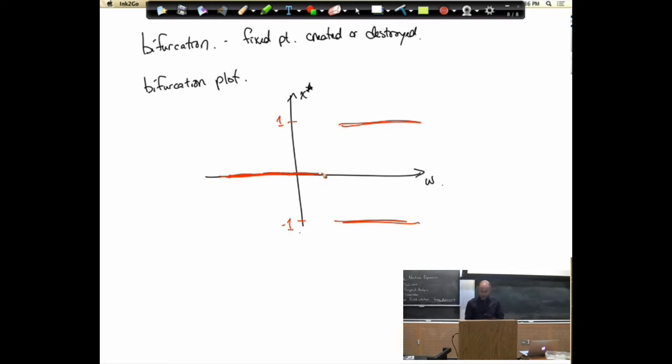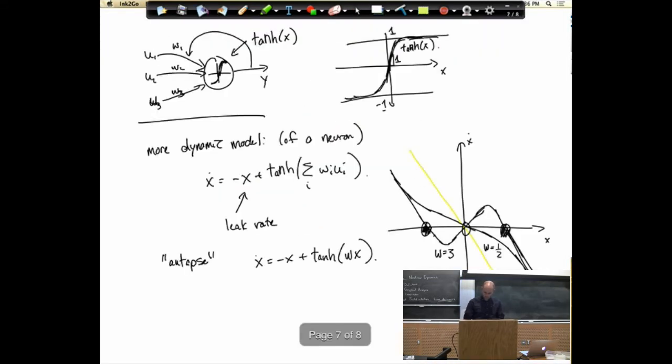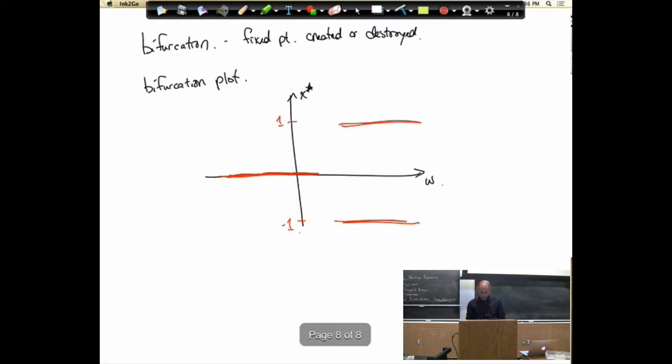It turns out the threshold where that fixed point is created or destroyed, remember I told you that tanh has a slope of 1 at the origin. So actually the critical point is when W equals 1. That's when this lines up exactly. Okay? So at W equals 1 here,